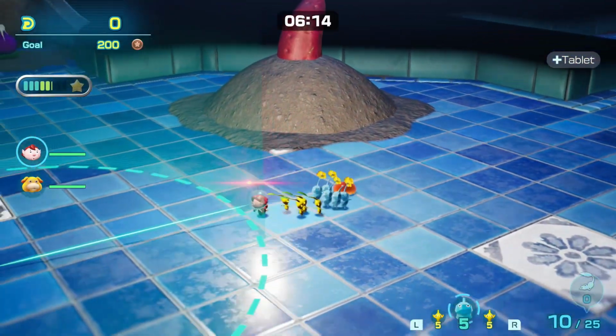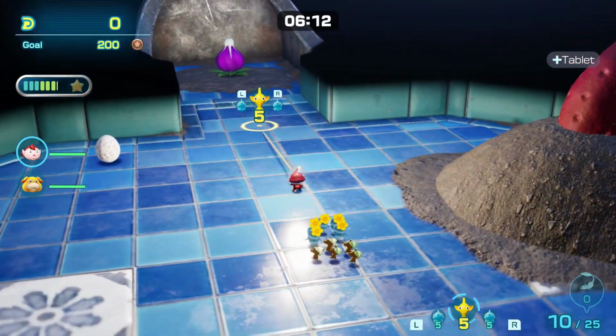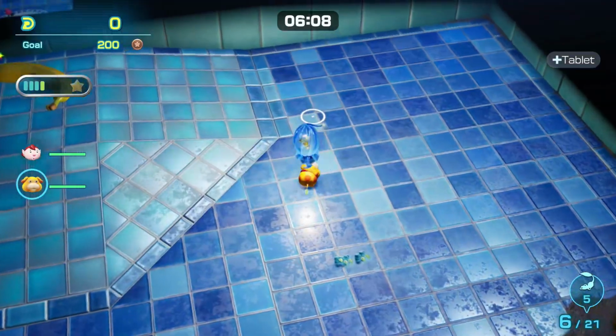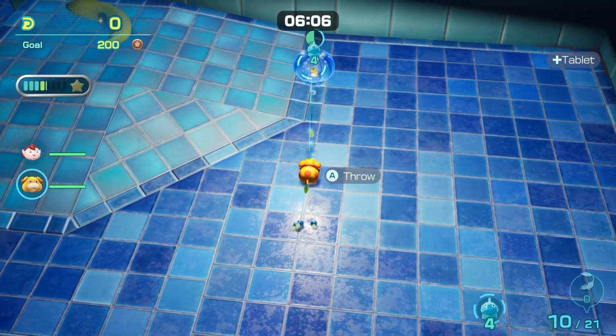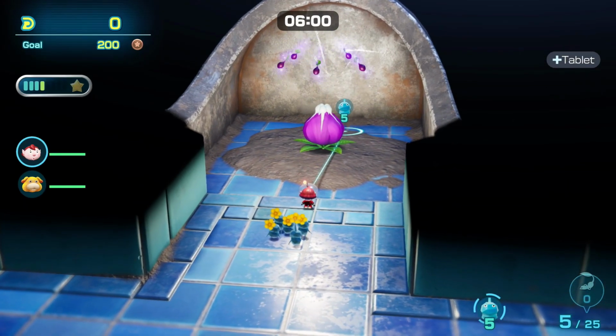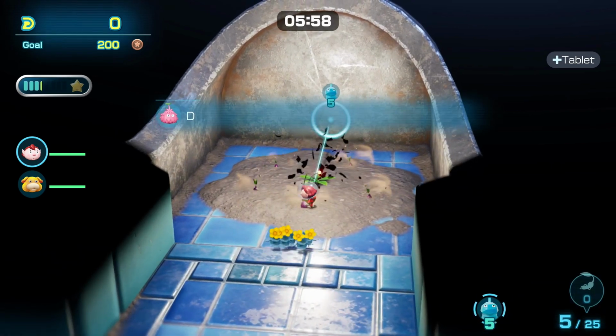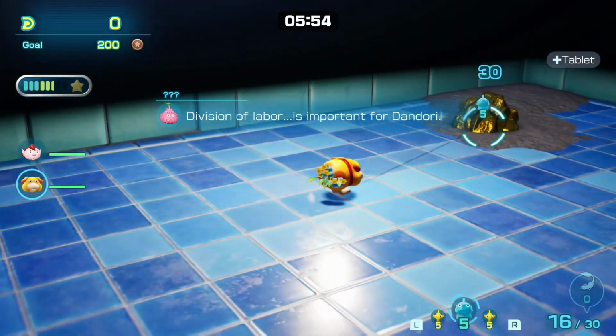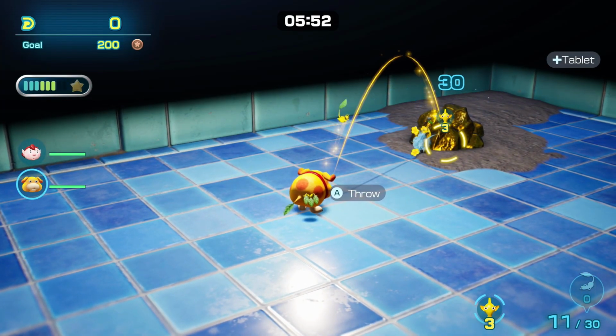Now sometimes, I don't know entirely what causes it. I think if Ochi's too close, the lesser spotted jelly float will just throw the ice Pikmin off. So I had to switch back to him there. But we want to take those 5 yellows on the human captain, and throw them into the